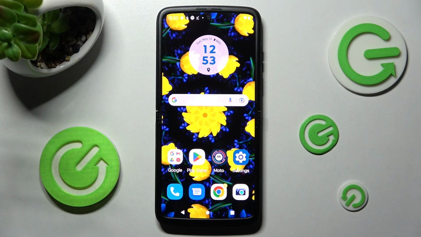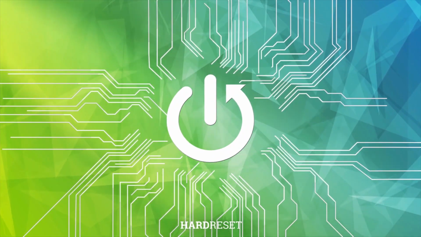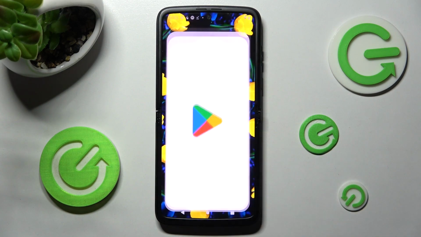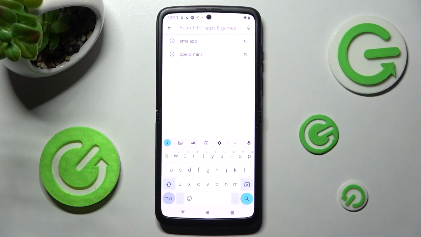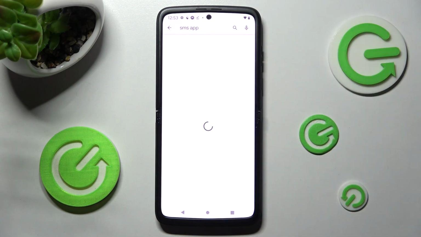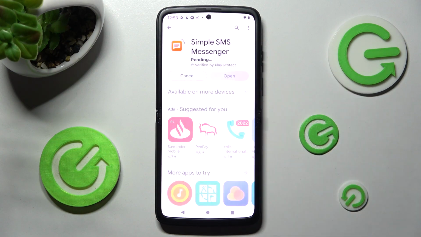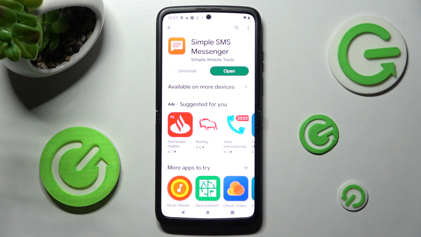Hey! In front of me is Motorola Razr 2022, and today I would like to show you how you can change default apps on this Motorola. Begin by opening Play Store. Now tap on the search bar and download your new default apps. I will go with some kind of SMS app. For example, this one. Now you need to wait for your app to download, and when it's ready, go into